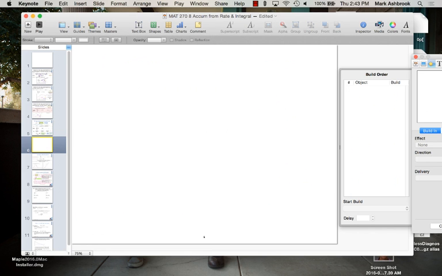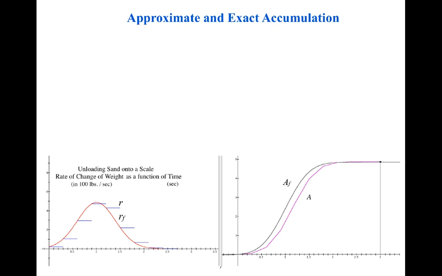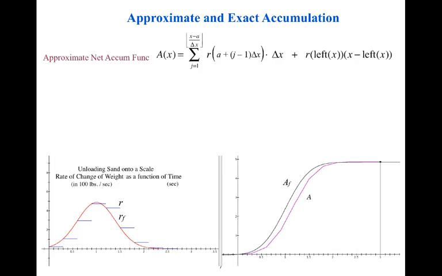Here we go. So the approximate net accumulation function is this. How are we going to write the exact net accumulation function? Meaning, how do we want to change our notation for this thing when delta x is super, super small, and we essentially have exact accumulation? It's what's called an integral. An integral, all right? This thing, integral,